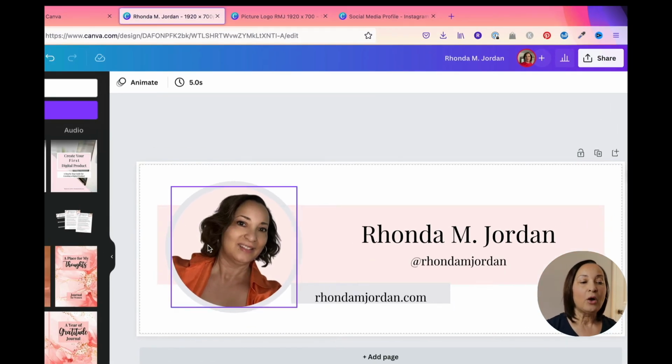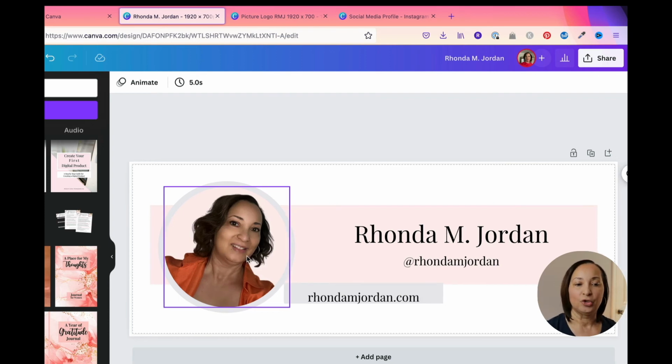Now, if you'll notice, this photo came over and it was already sitting on a background. And to give you the real deal, I actually took this photo in my office with a whole bunch of stuff. But what I did is I used the background remover that is available to you in Canva Pro. I'll link a video up here so you can see exactly how to do it. It's super simple to create the design that I just dragged over.